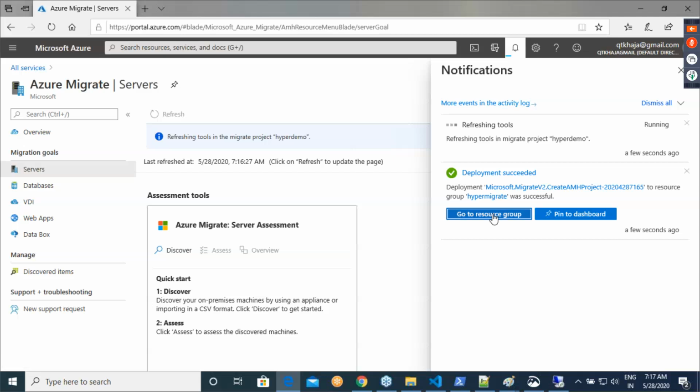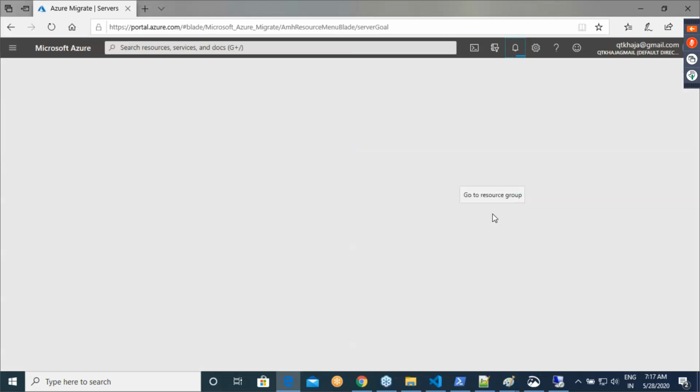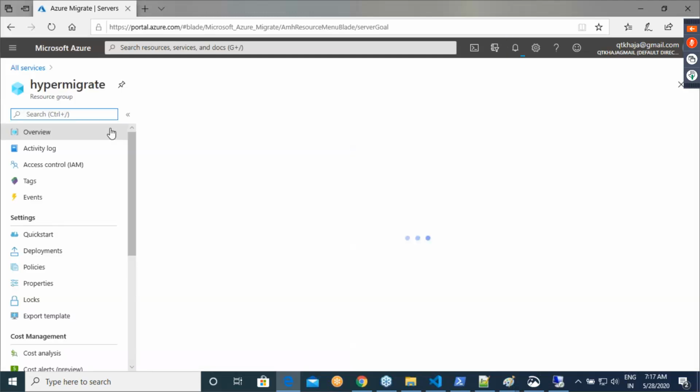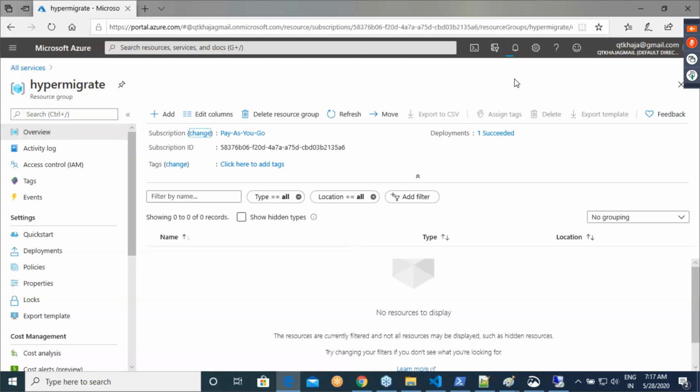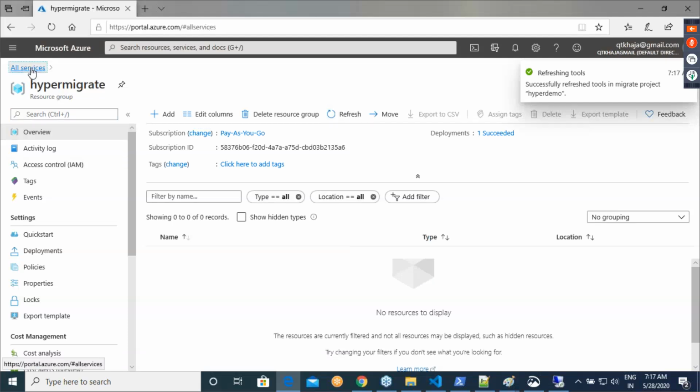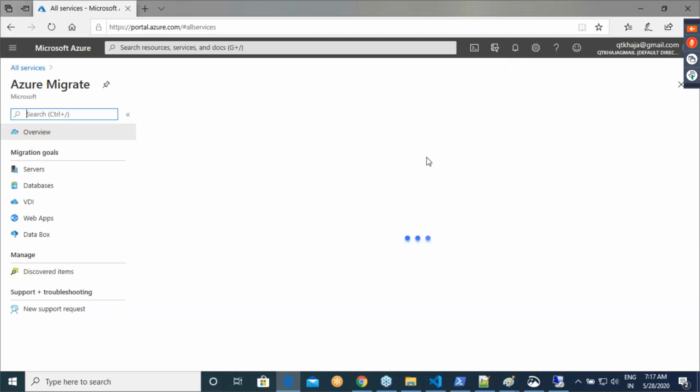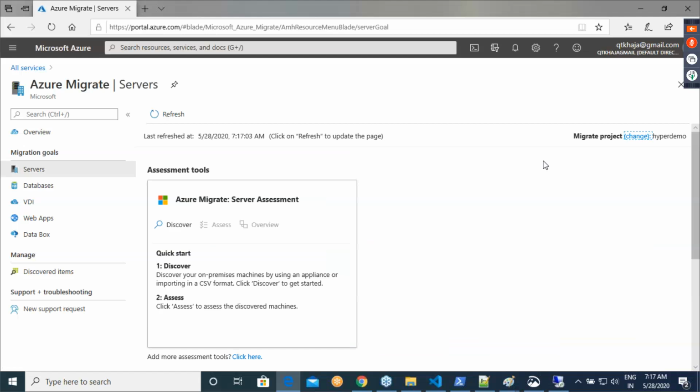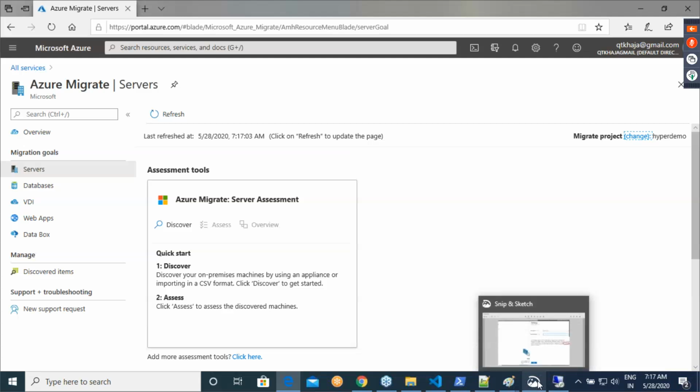So let me go to the resource group. Azure Migrate. Now, after you have done that, we can start the assessment.